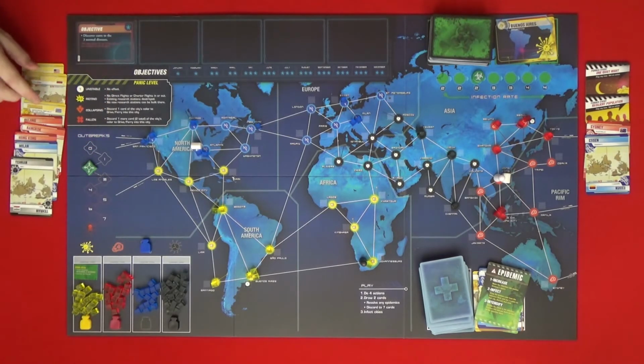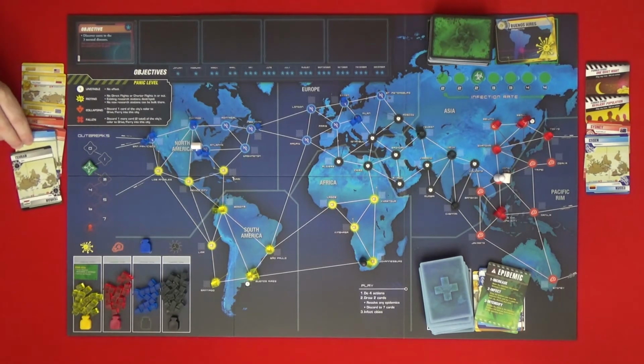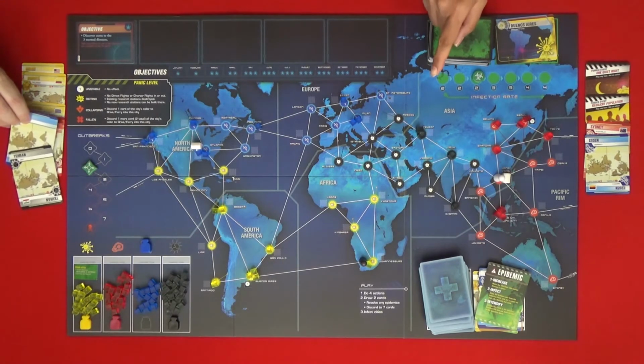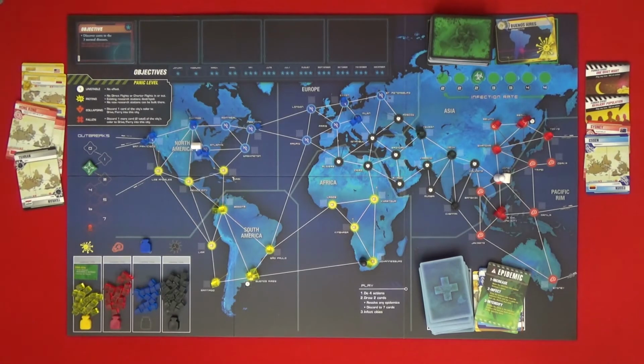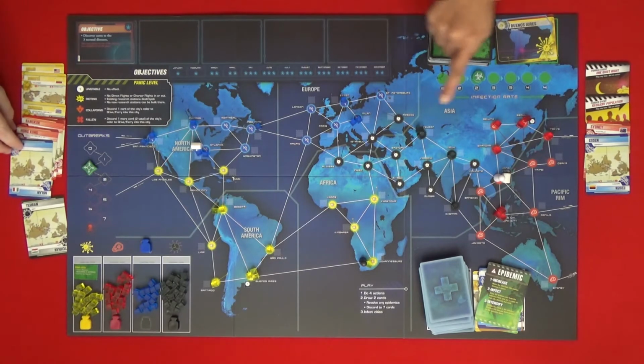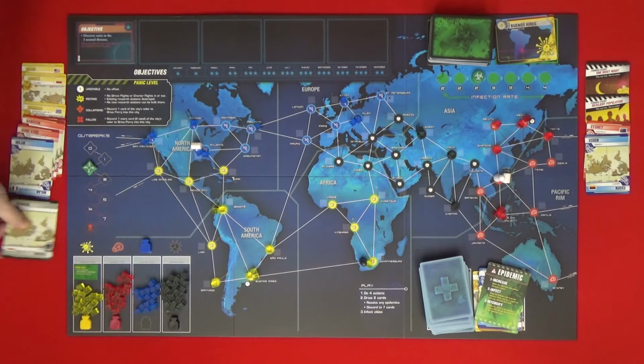So I have 1, 2, 3, 4, 5, 6, 7, 8 cards. So I have to get rid of 1. Blue is cured, so I'll just get rid of Milan. But right? it's harder for us to meet now because... I can get into Tehran. Oh, okay. But I am in Essen, right? Oh, right. I can go to Essen. So I think... but have we...